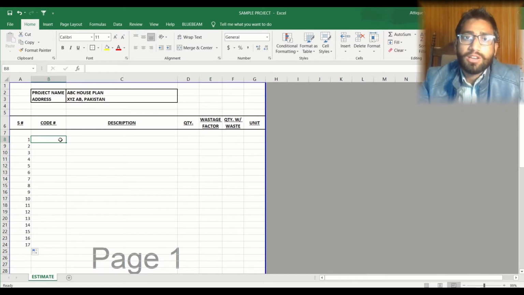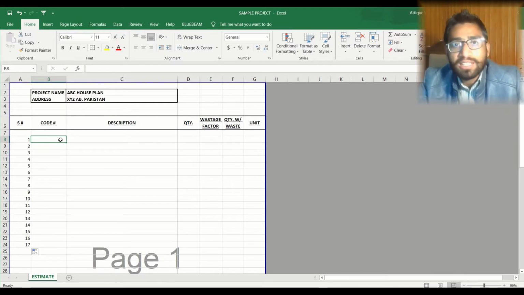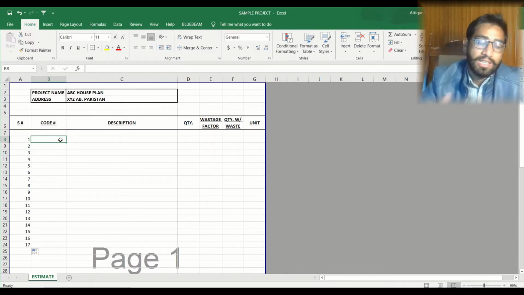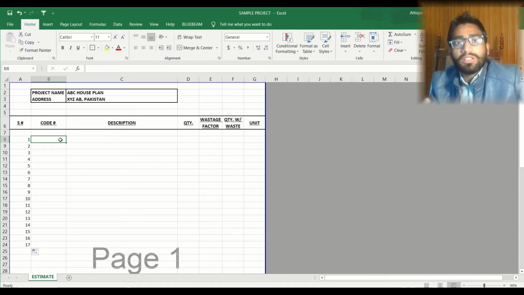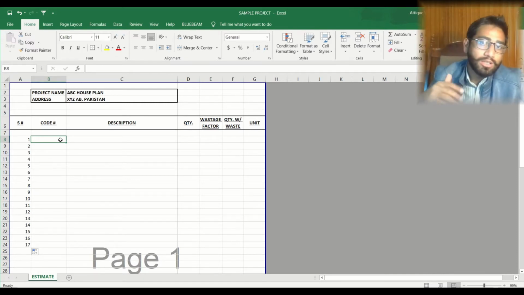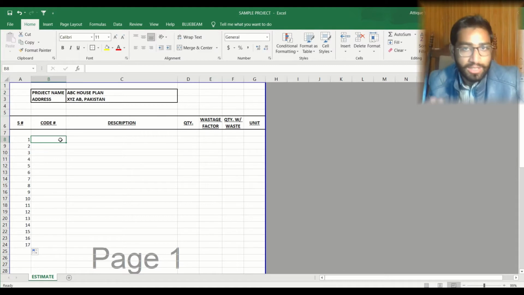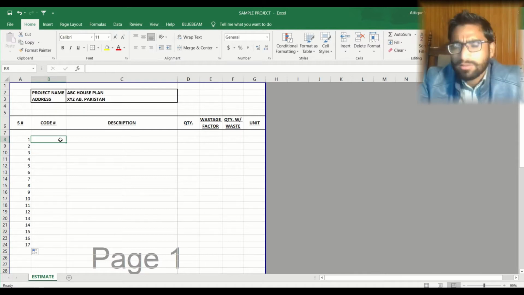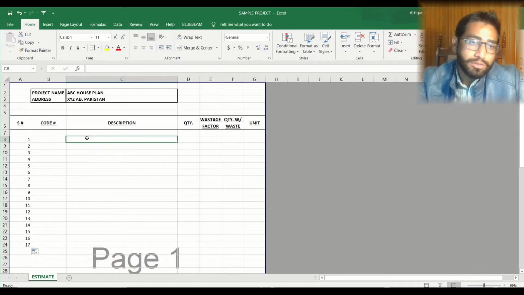So that task number which we have defined in our building code will be put into this cell. It depends upon you if you need this, or if your supervisor or your project needs this kind of information, then you can incorporate it. Otherwise, this is on you if you want to do it or not.